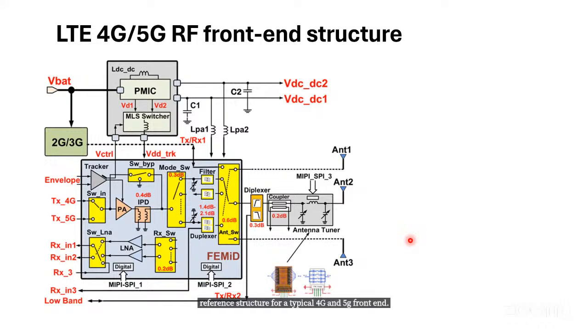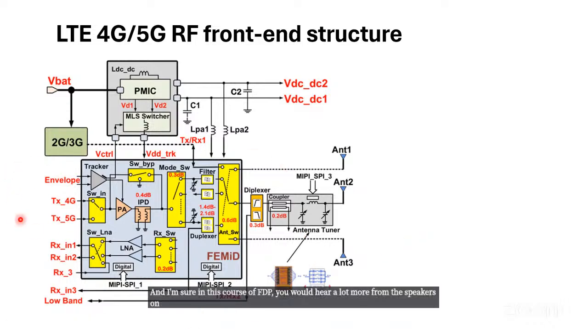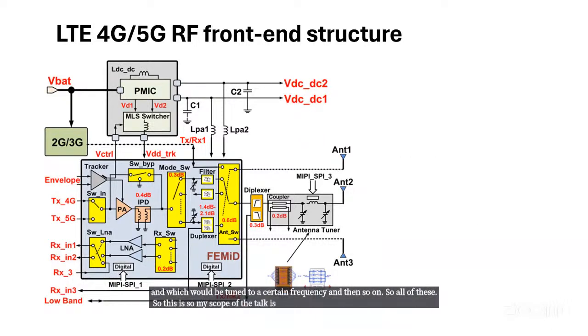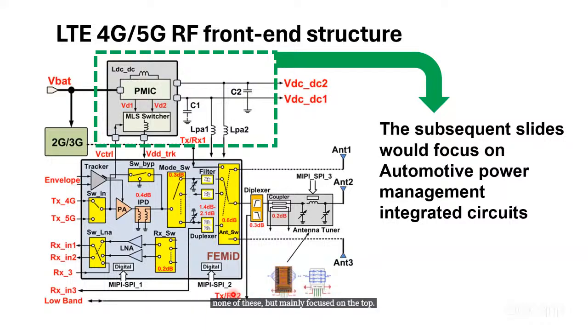And I'm sure in this course of FDP, you would hear a lot more from the speakers on several topics, like you have a transmitter, you have a receiver, there's a power amplifier on the transmit path, there's a receiver on the LNA path, which needs to be low noise, and then you have a lot of filters, rejection, then you have antennas, which would be tuned to a certain frequency, and so on. So my scope of the talk is none of these, but mainly focused on the top, right? So whichever technology you pick, you would need this front-end architecture, be it 4G, 5G,